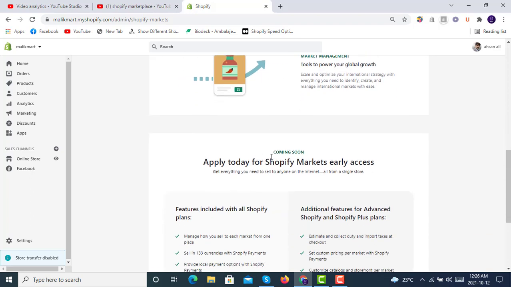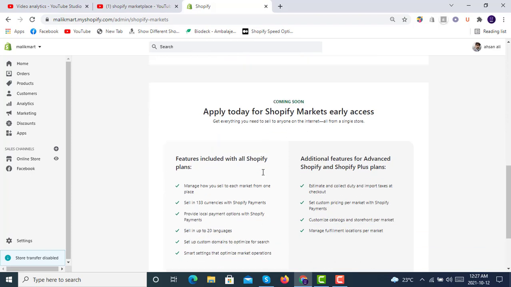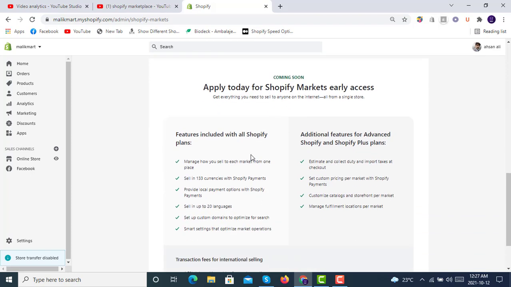Here, it is a coming soon feature of Shopify, Shopify Markets, and you can apply today for Shopify Markets early access. Get everything you need to sell to anyone on the internet, all from a single store. Features included with all Shopify plans are